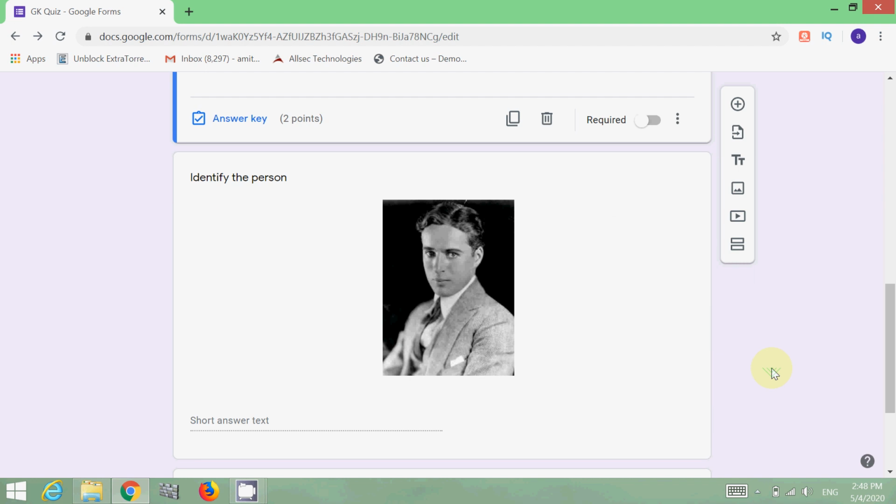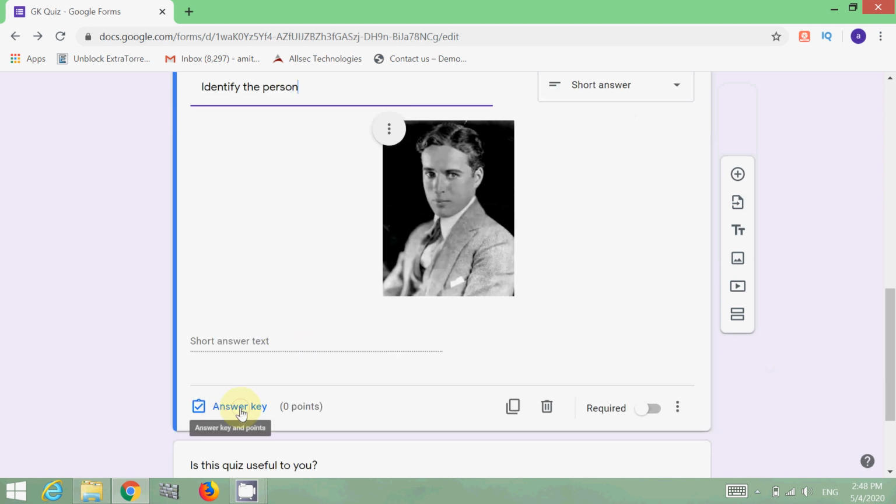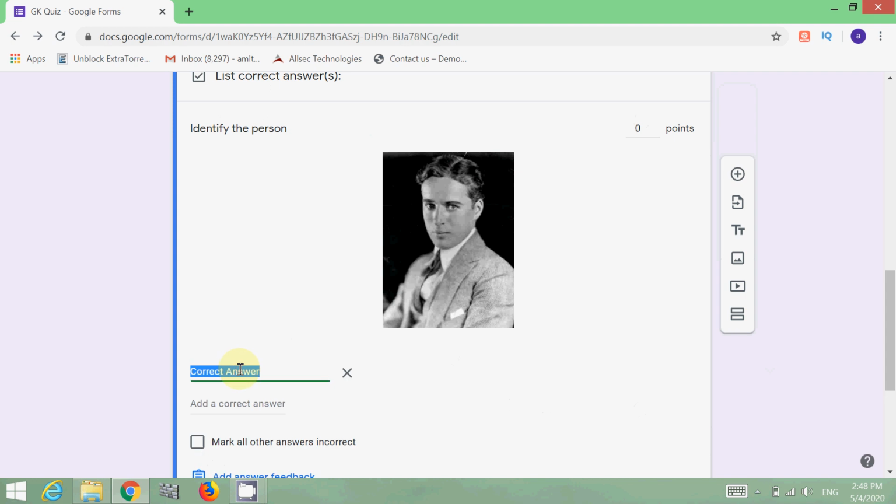Now I want to add the answer of this third question. Click on the answer key. The correct answer is Charlie Chaplin. You can add another correct answer like just Charlie. You can add another correct answer with a different spelling, because if there is any mistake in the spelling, the student will not get the correct mark.